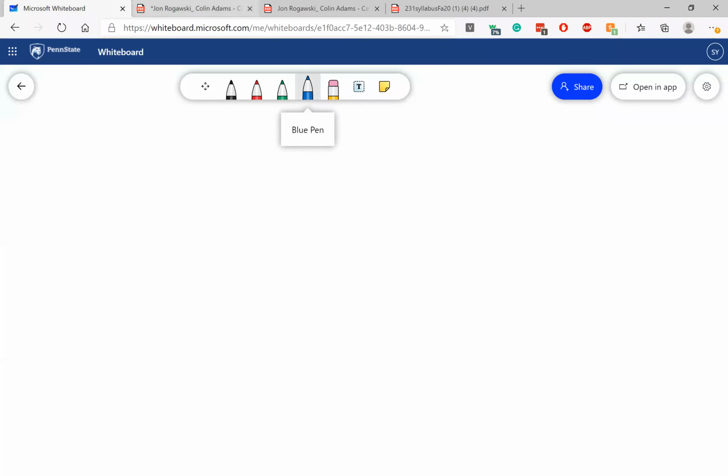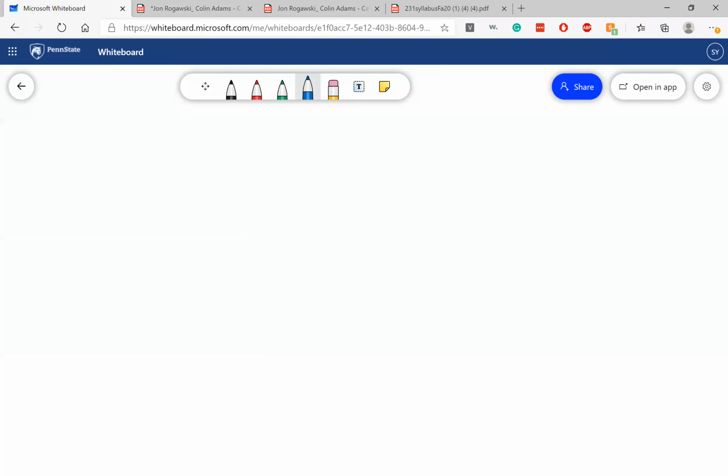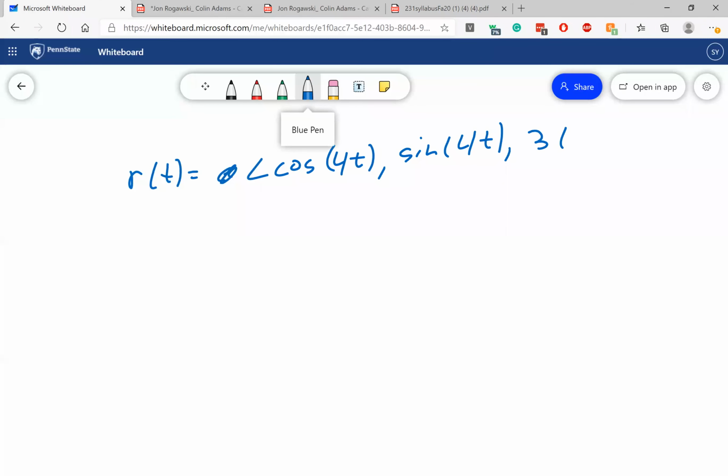So if you look at the same exact problem over here, so r of t is equal to cosine 4t, sine 4t, and 3t. So if this is my r of t, and now I take t to be equal to s over 5,